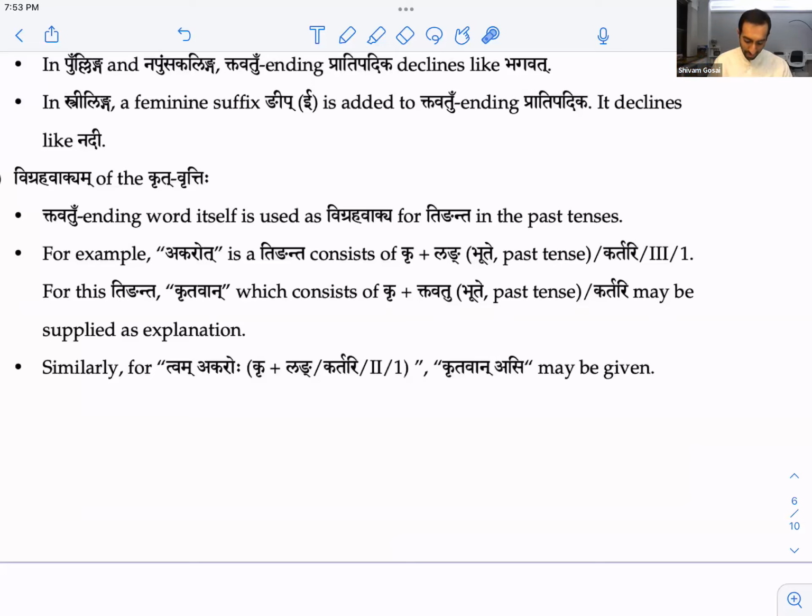So here, we're explaining akaroho, so we're going the other way. We're explaining the tinganta, and because we're explaining the tinganta, we have to give sensitivity to the Purusha. If we're going the other way and we're saying Kritavan, then you're just explaining Kritavan, and you say Akarot iti Kritavan. Okay, all right.